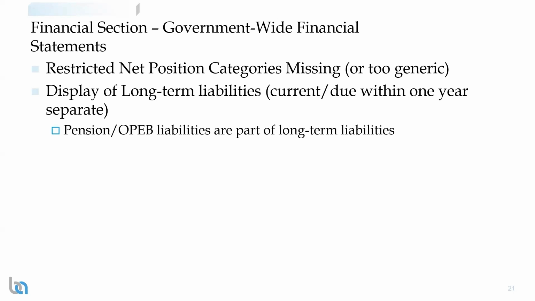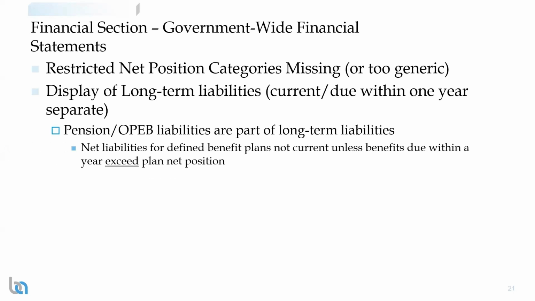With regards to current liabilities or amounts due within 1 year, you also want to consider pension and OPEB liabilities. That can be quite complex. I'm not going to necessarily go through each item here, but especially if you have an unfunded plan, anything that you're paying within 1 year would be a current liability. And this is only if you're presenting a presentation that has current and non-current. It's a classified presentation, right?